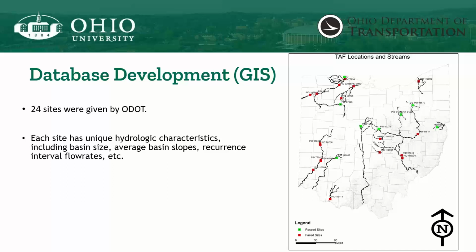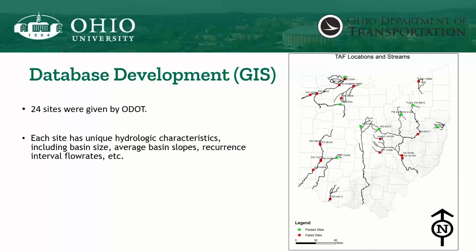So the sites with the red box are the sites that actually fail the current design requirements, and the green ones are the ones that actually pass the current flow requirements. We require both because we want to analyze whether there are any characteristics or indicators that would make a site fail or pass the current requirements